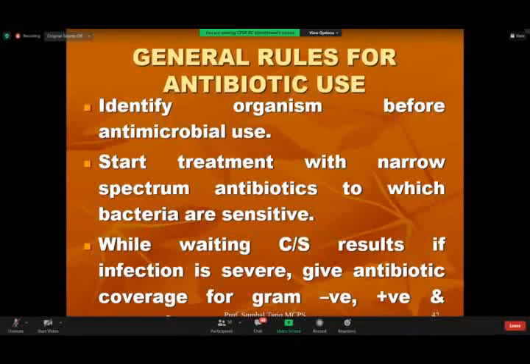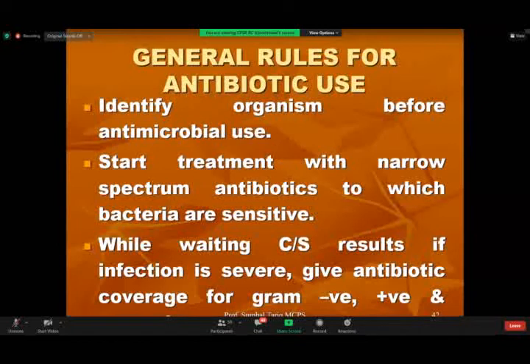So number one, general rules for antibiotic use में, you have to identify the organism before antimicrobial use. अब होता क्या है, you will get a patient who has a sore throat, सबसे common हमारा आजकल, तो first of all you will have to identify कि ये sore throat किसकी वजह से हुआ. Now if you look at the reasons, the bacteria which can cause a sore throat, so we have streptococcal infections, even it can be streptococcal, फिर H influenza भी हो सकता है इसमें, और जितने नाम लो सारे bacteria involve हो सकते हैं. तो therefore you have to identify the antimicrobial that can be used for that specific organism.